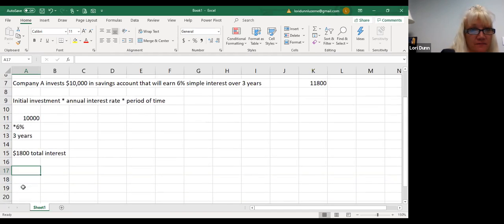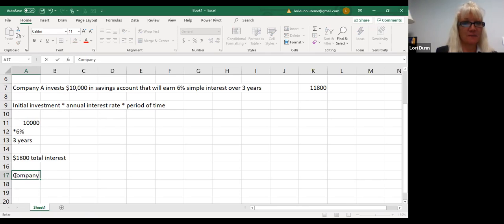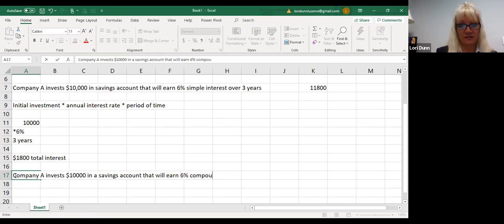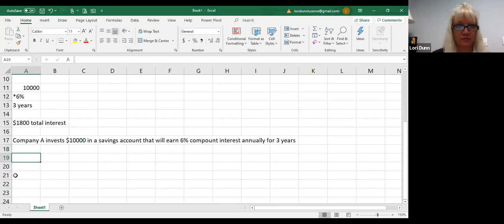Compound interest is a little different. Let's take the same scenario. Company A invests $10,000 in a savings account that will earn 6% compound interest annually for 3 years. So just by changing how the interest is calculated, we'll change our answer. So now we're saying, oh, interest compounds. Well, let's calculate